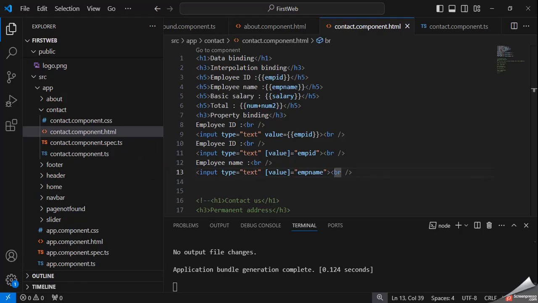Same as, suppose we want to show salary.